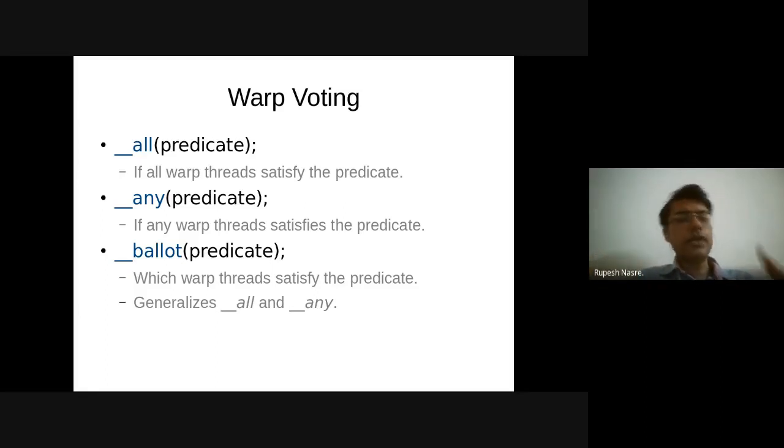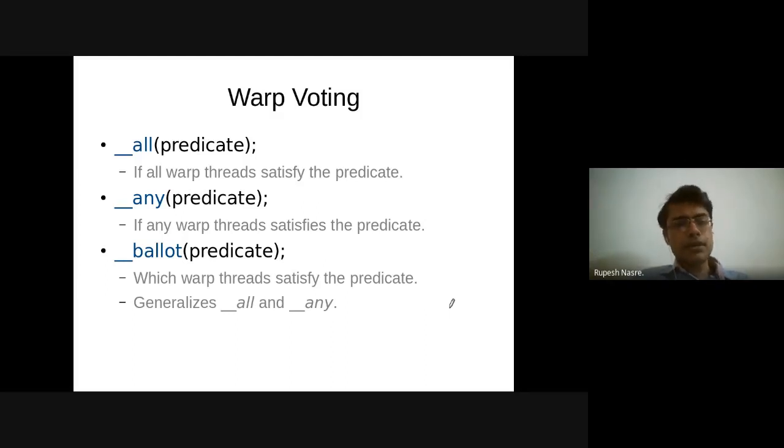In this case, it is going to be 1 if all the threads in the warp evaluate this predicate to true. Similarly, any is going to be an OR condition. If any of the warp threads have this condition satisfied, then the output is 1.